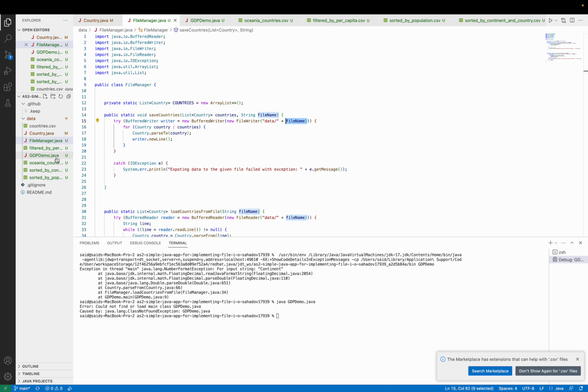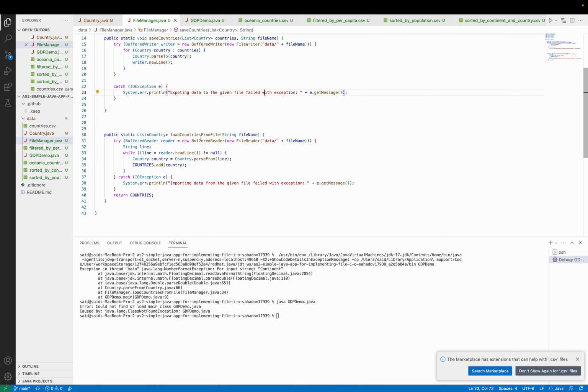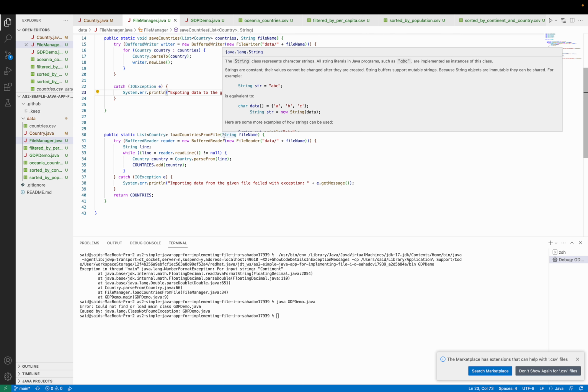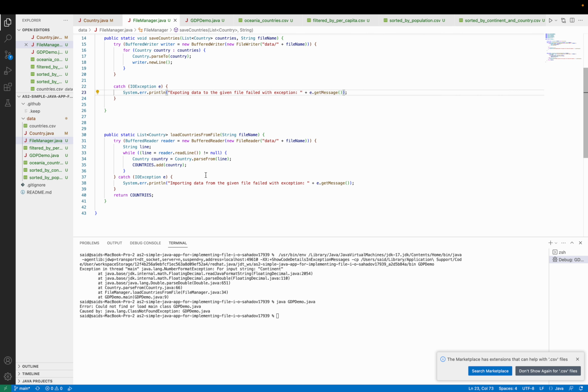We have different files with which we will do this. Here it basically just adds the data to a file with the given name, and it catches an exception if we have any problems. Then we see the load countries from file method, which basically